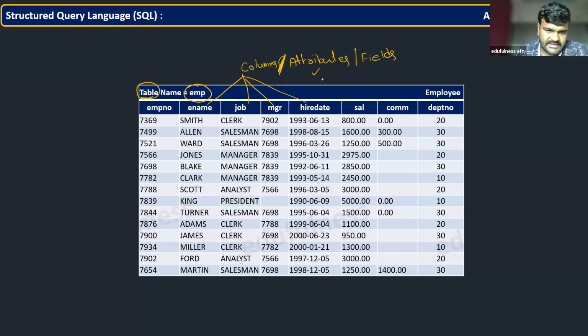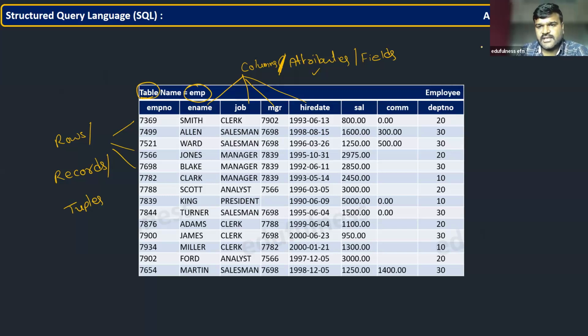Then there are rows, or you can call them records, and there is another technical name. What is that? Rows, records. In the database the actual terminology is tuples, which people will call them.